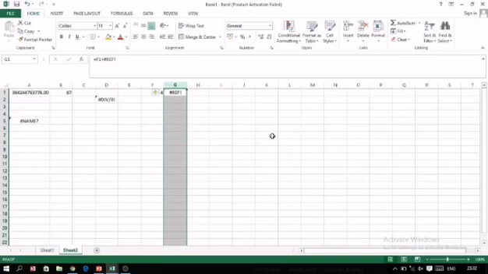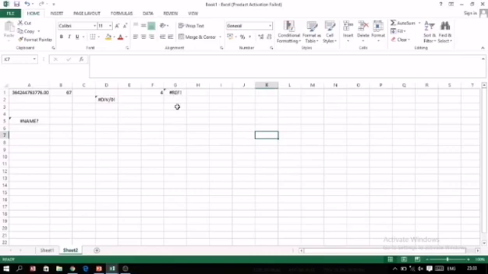Now as the column is deleted, here you can see first it was showing 13, now a reference error is coming. Reference error means the particular cell which I have referred to is not present. So this type of error appears on the screen.